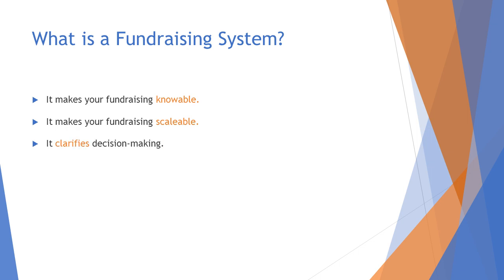A good fundraising system also clarifies decision making. Good fundraising systems include decision points that clarify decision making for your team. Far too many nonprofits waste bandwidth trying to customize decision-making for each donor action. And many organizations are reluctant to make decisions that conserve necessary resources based on a cost-benefit analysis. For example, many development offices will spend time and money communicating with a prospect long after it's clear that the person will not and will likely never make a gift to the organization.